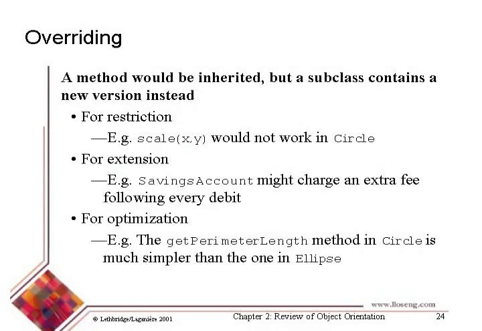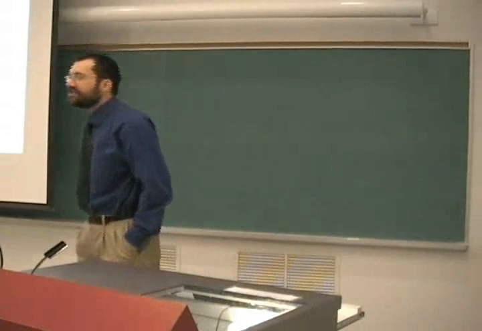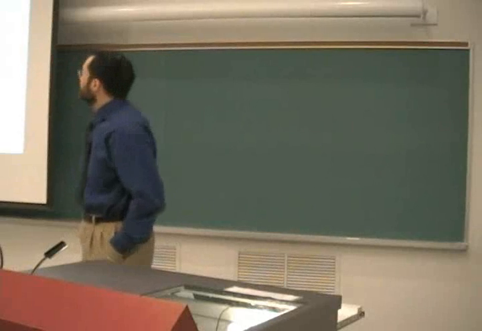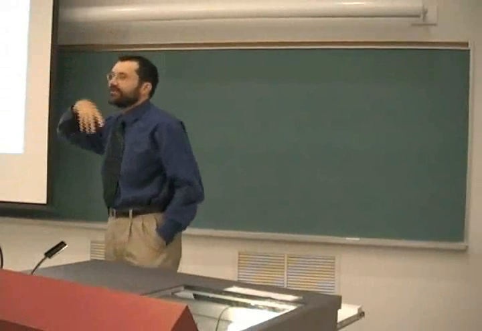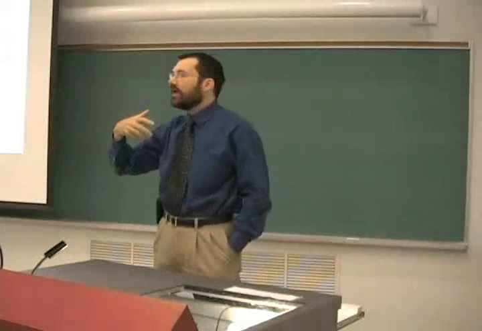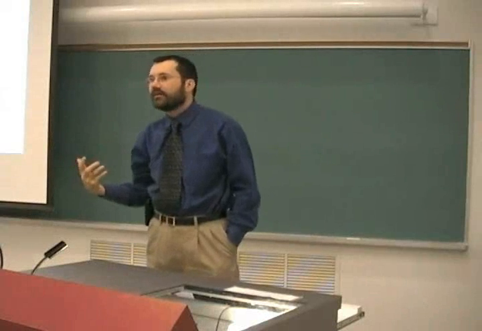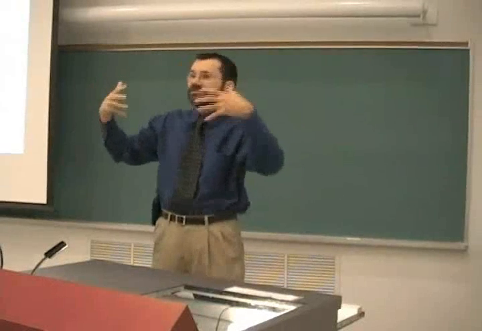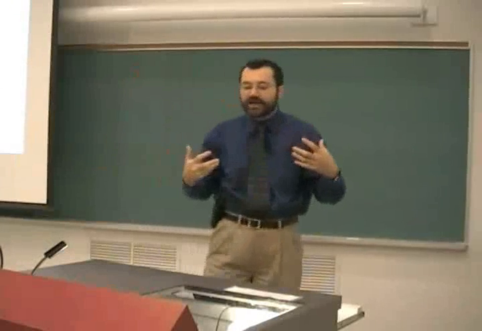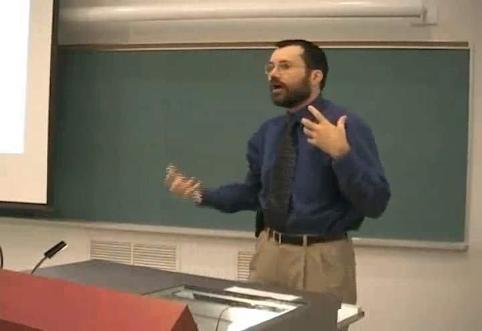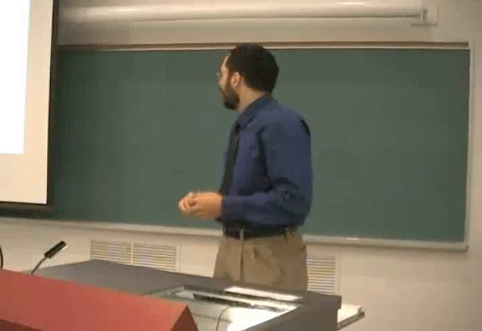If, for example, I had a method that allowed me to change the scale in 2 dimensions, in this case it's scale x, y, so I'm scaling a certain percentage in the x dimension, a certain percentage in the y dimension. That would make sense for an awful lot of shapes. I can scale a rectangle like that, as long as the rectangle is oriented horizontally, vertically. If it's rotated, it has a problem. But an ordinary rectangle, I can do that. I can do that for an arbitrary polygon,